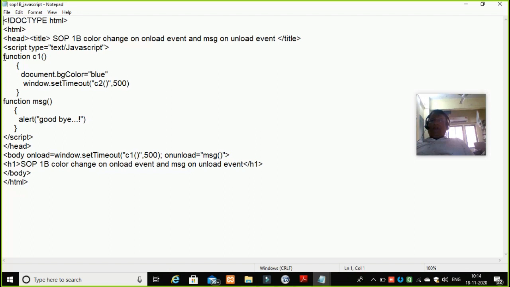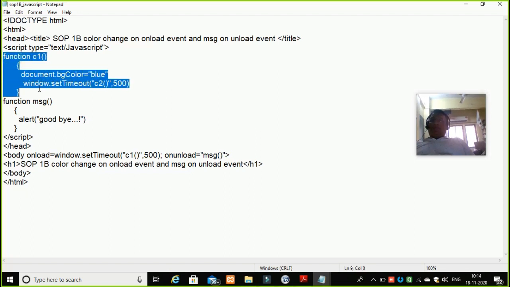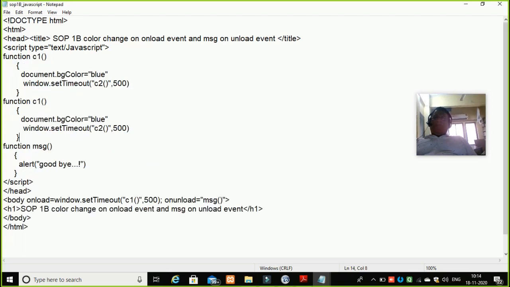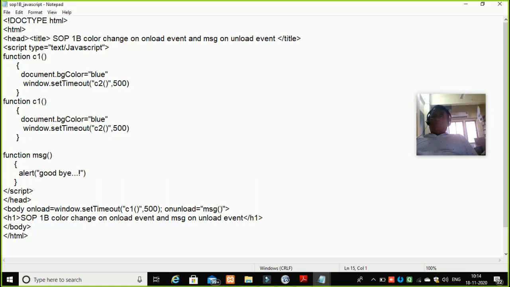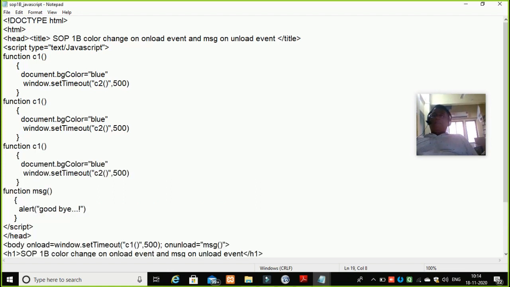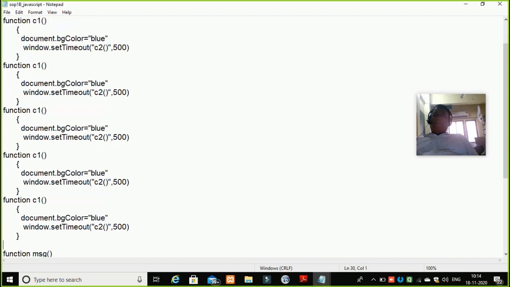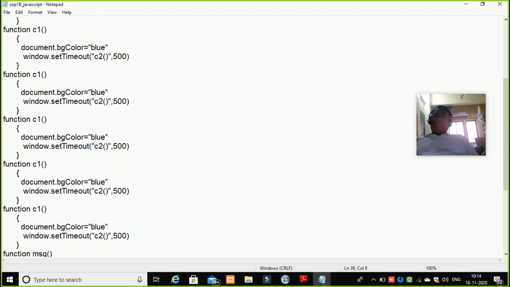So this is my function C1, successfully run. What I will do is go on copying. This is C2, this is C3, this is C4, this is C5, this is C6, this is C7. Okay, I'll stop here.